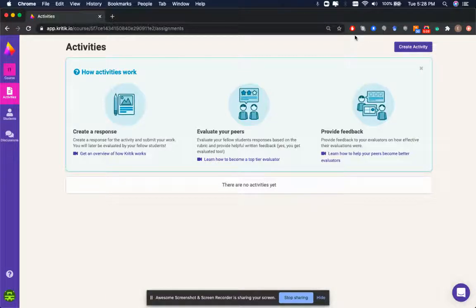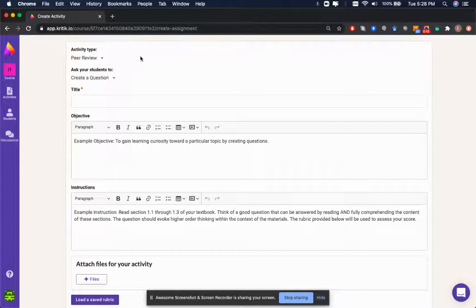What you'll need to do is create a series of activities for students to interact with throughout the term. You can click on Create Activity in the upper right-hand corner, and in terms of inspiration, you can check what works best within Critic. For example, some other professors have created questions based on the material, asking the students to read a chapter in a textbook and create a question based on it. Students can create essays, creative content to teach their peers, as well as creative communication. So whether it be presentations, essays, homework sets, problem sets, you name it, they all work really well in Critic